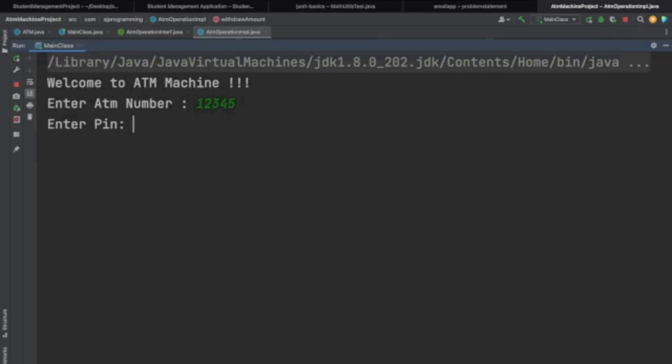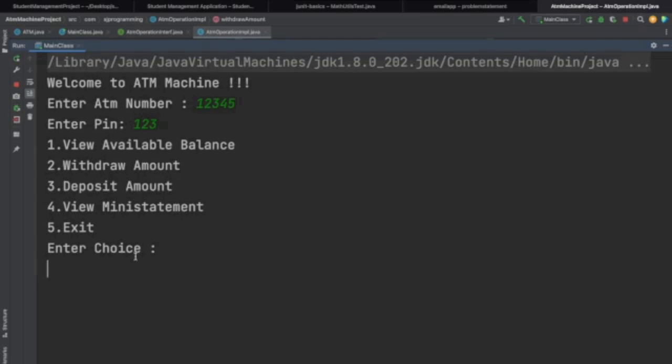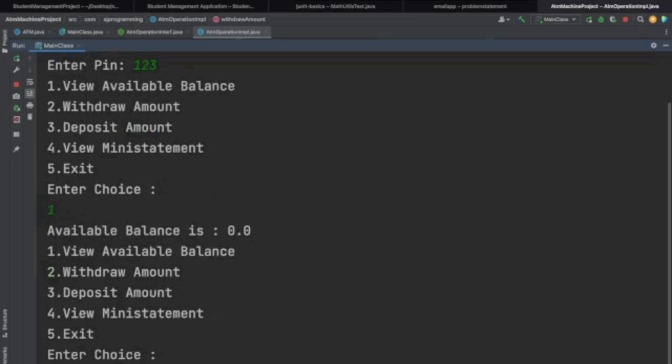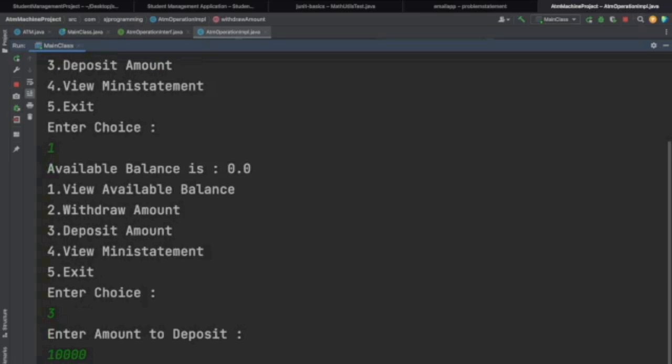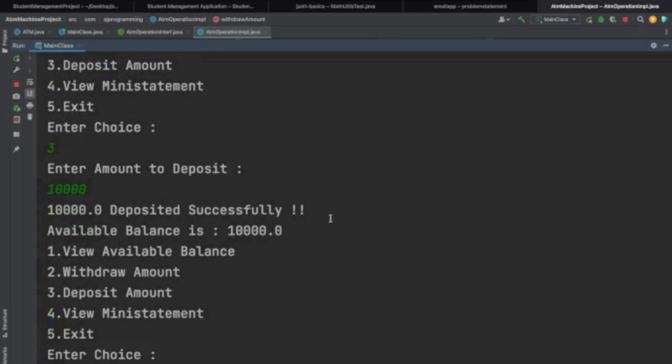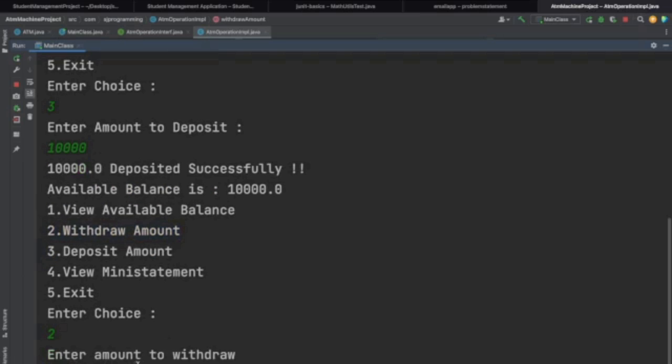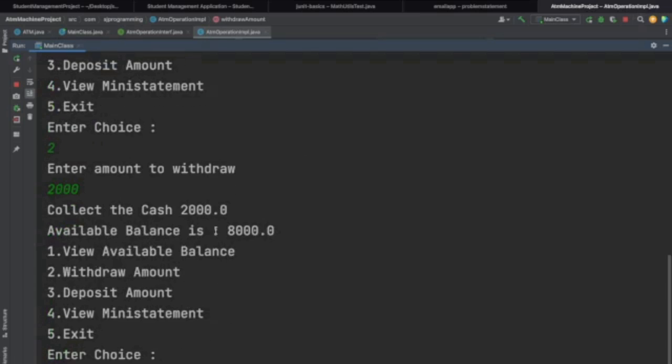ATM number, pin. Now view the balance, nothing is there. Now let's deposit some amount like 10,000, and we will get this message. Okay, this is fine. Now we want to withdraw the amount, so enter the choice as 2 and enter amount to withdraw. Now I want to withdraw 2,000, so see here, collect the cash 2,000 and available balance is